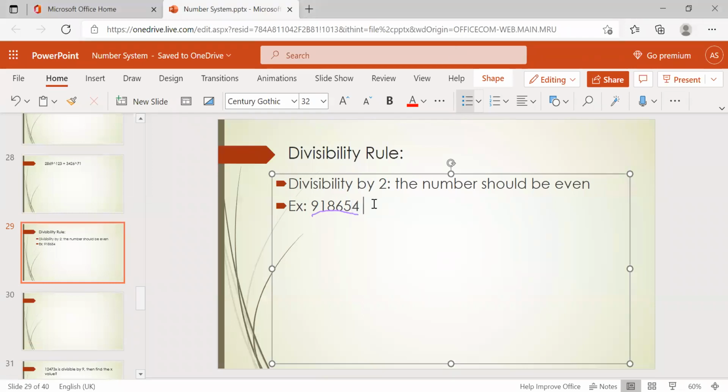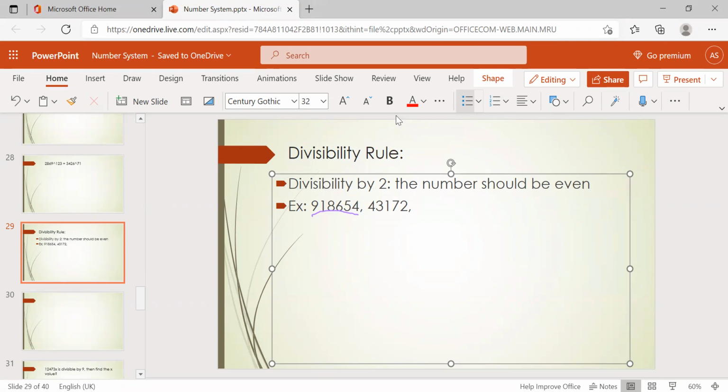Clear? Another example, 43172. We can say it is also divisible by 2, because it is also an even number.